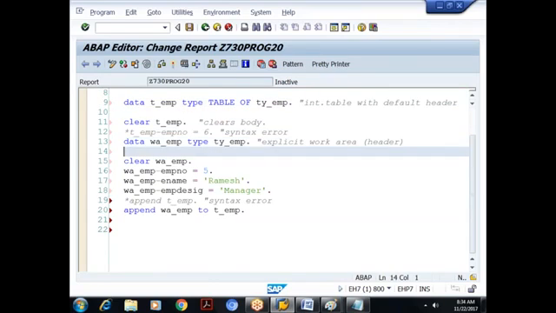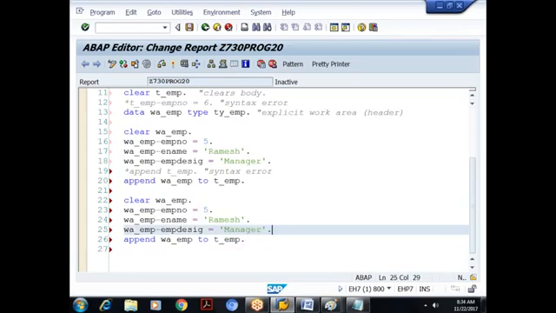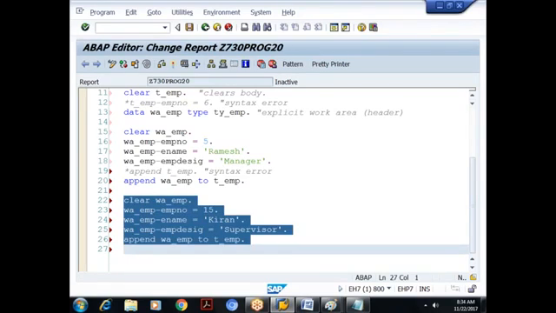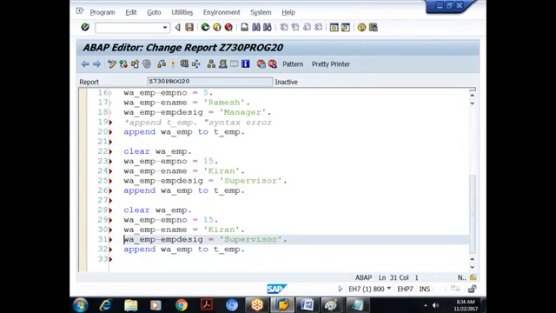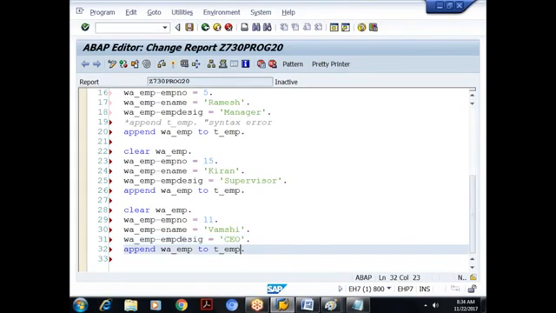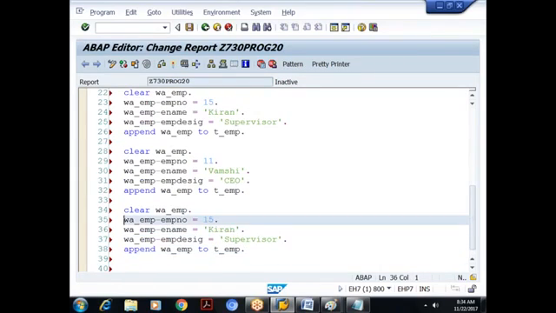So I'll just copy this. Right, so I'm filling the work area and I'm storing there.